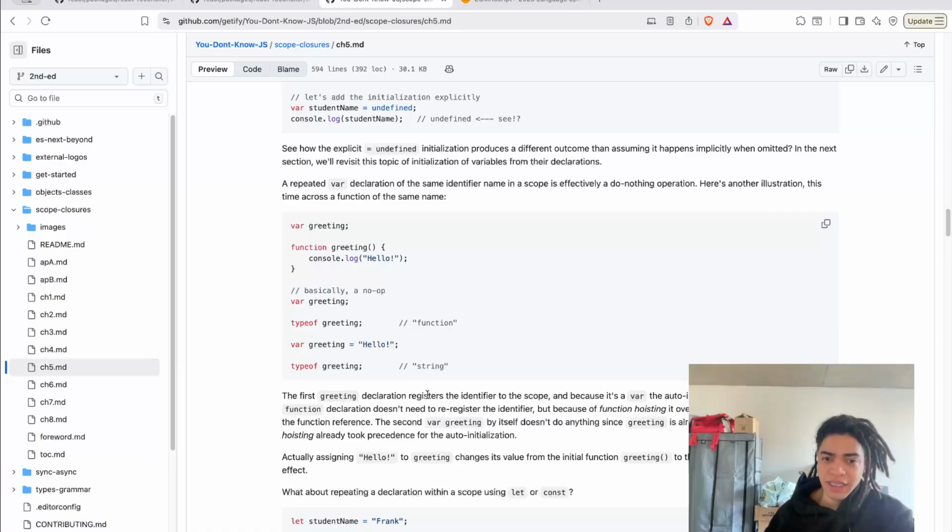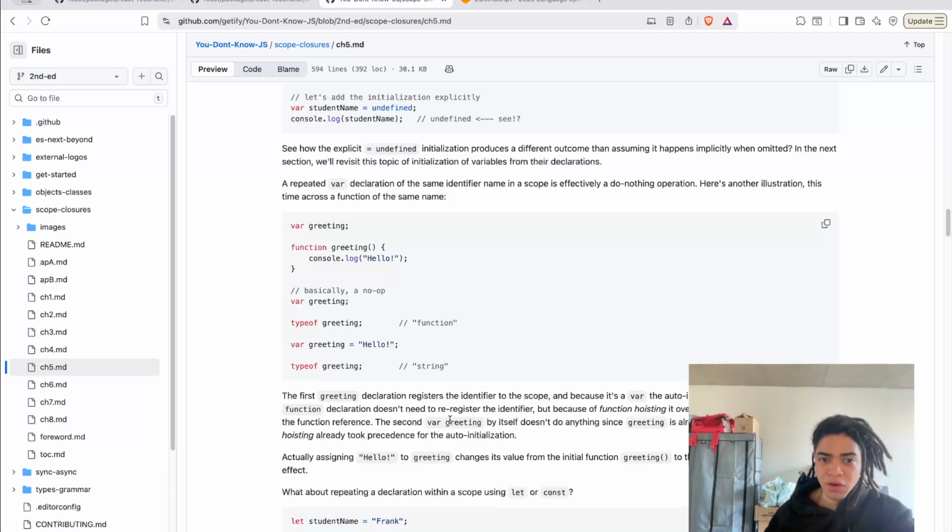The first greeting declaration registers the identifier to the scope, and because it's var, the auto initialization will be undefined. The function declaration doesn't need to register the identifier, but because of function hoisting, it overrides the auto initialization to use the function's reference.